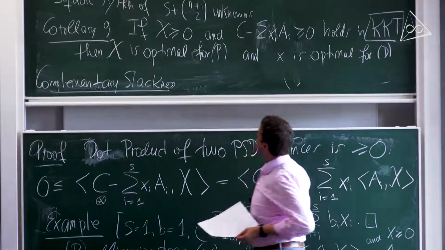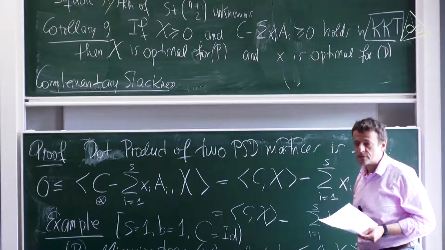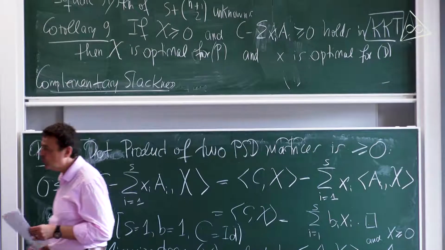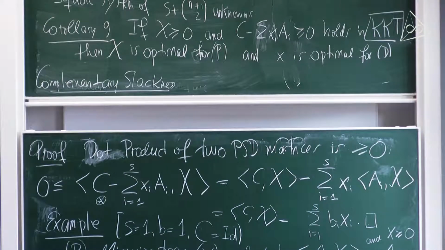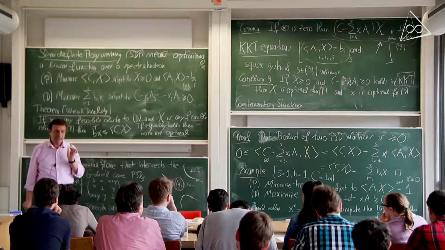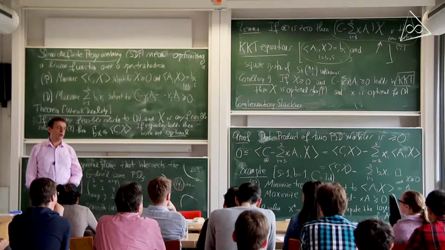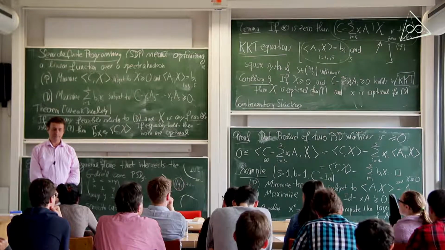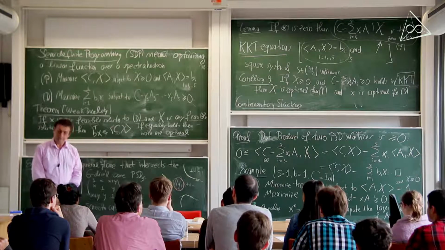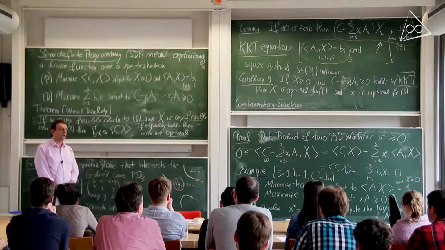So complementary slackness means that the product of these two matrices is the zero matrix. Okay? So if you have two positive semi-definite matrices whose matrix product is equal to the zero matrix, then we're saying complementary slackness holds. Again, those of you who were fortunate to have taken an undergraduate linear programming class know, of course, about complementary slackness